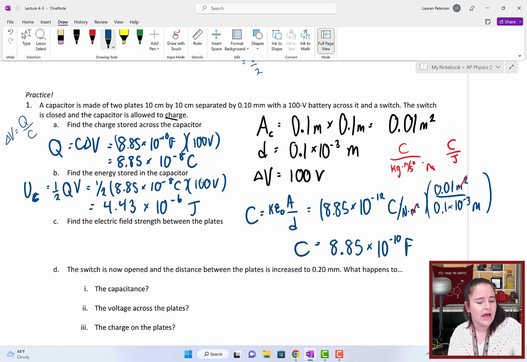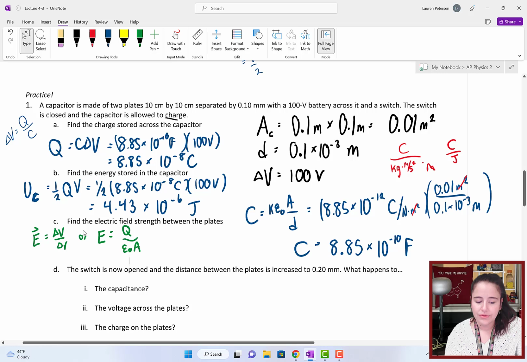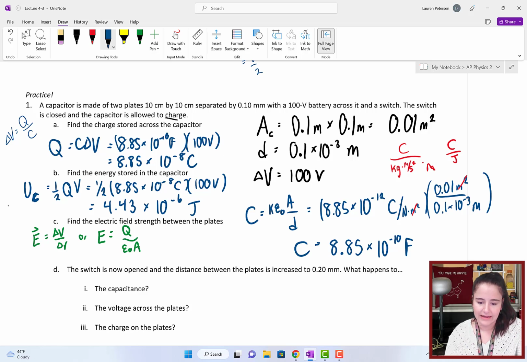Now for the electric field strength, what equation are you going to use? There's two different ones that will work well. You can either use that the electric field is the change in voltage over that separation distance, or the electric field equals Q, the charge, over epsilon naught times the area. Both of these will get you the same value for that electric field strength. Okay, so plugging in either 100 divided by the separation distance,